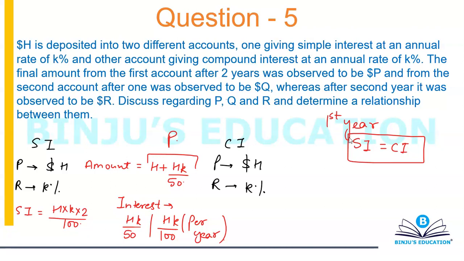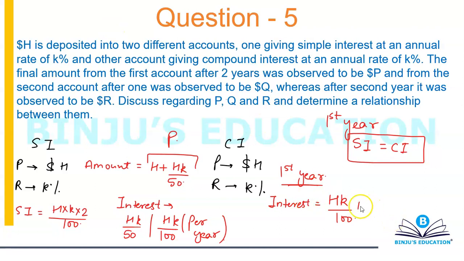So as far as the first year is concerned, the compound interest that we will be earning will be equal to HK by 100, which is, and if you're going to add H to it,